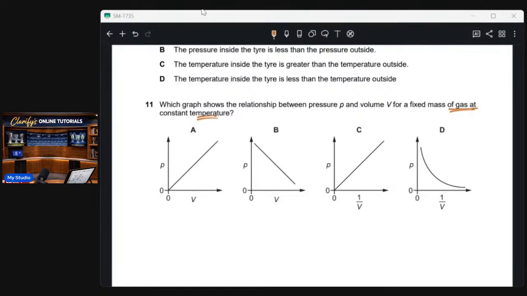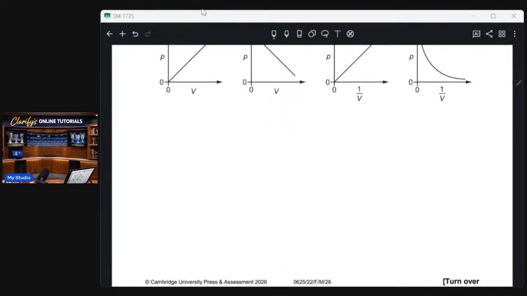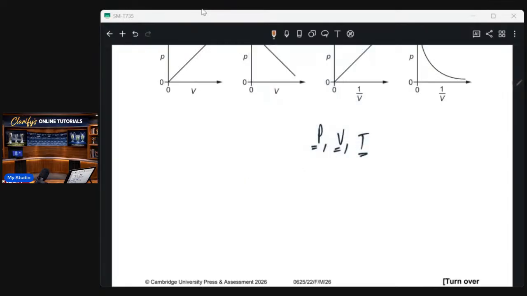What is the relationship between pressure and volume for a fixed mass? This is an important relationship, and you're going to see it keep coming up for those who want to continue and do engineering. Pressure, volume, and temperature keep coming, and you're going to learn about it in thermodynamics. Now what you must know is that